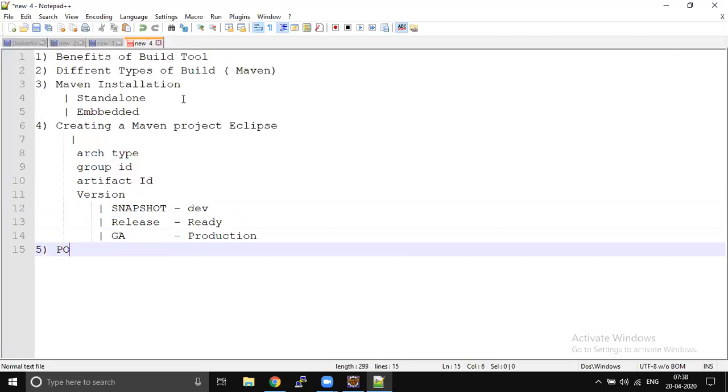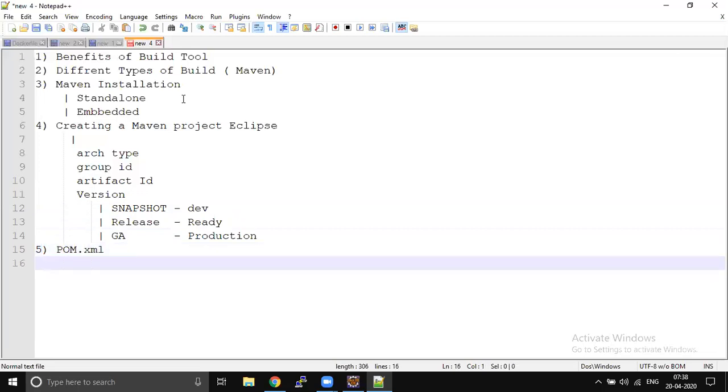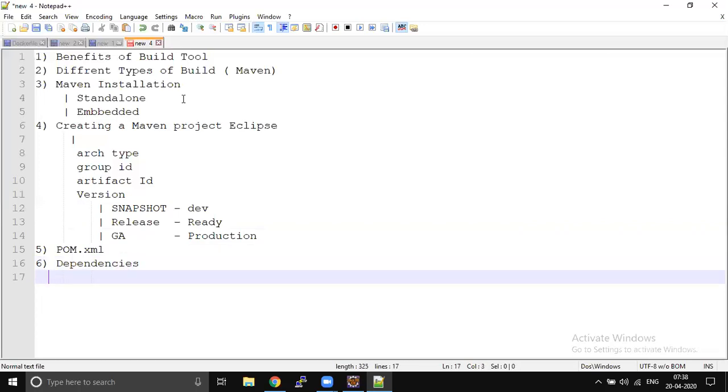Then we started looking into pom.xml. Then next we discussed dependencies, Maven dependency resolution, and how the dependencies are going to be resolved.